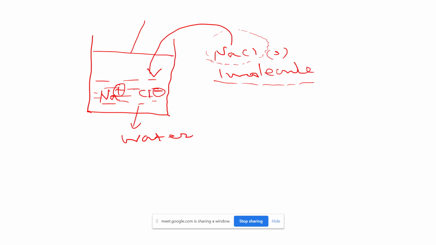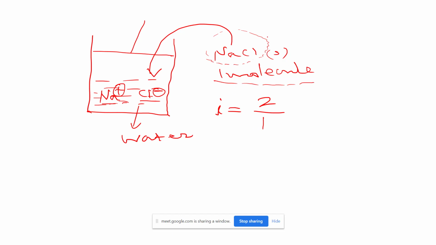Got it? So how many particles are we observing in the solution after mixing? Two. We are observing two particles, or not? If it was not dissociated, then we would observe only one particle, or we can say one molecule, here. But here we observe two ions, or we can say two particles, and we added one particle. So are the number of particles observed in the solution and the number of particles added to the solution different or equal? Different. So here we use the van't Hoff factor for this calculation. We observed two particles and we theoretically added one particle here.